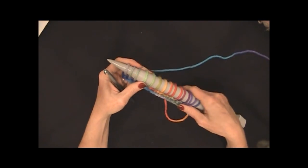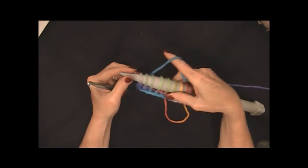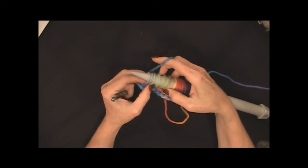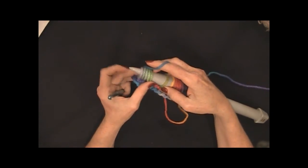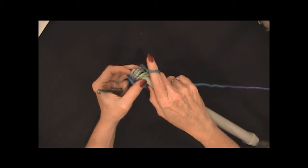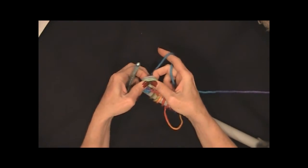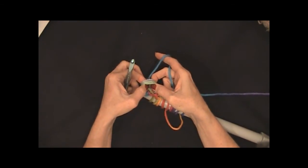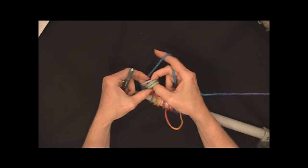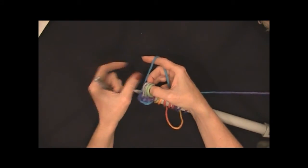So now I'm still holding my yarn in the back. I'm going to push these forward, and I am going to slide 5 loops off at a time. So I'm going to slide these 5 off. I'm going to hold them together like this. I don't want to lose them. I want to hold on to them. I've got the 5 loops I just pulled off, and I'm going to turn them